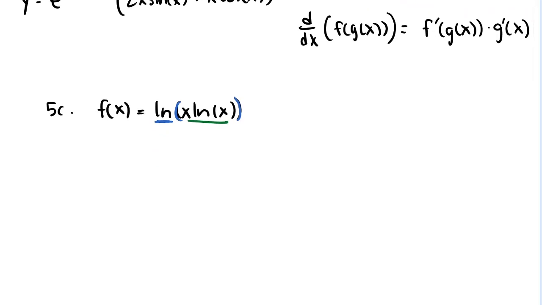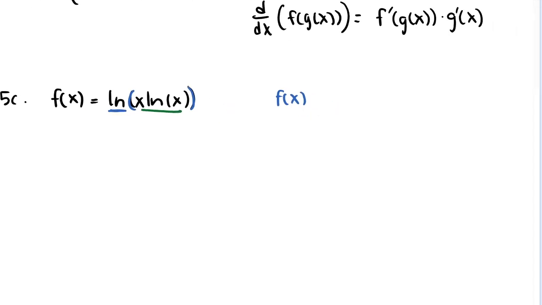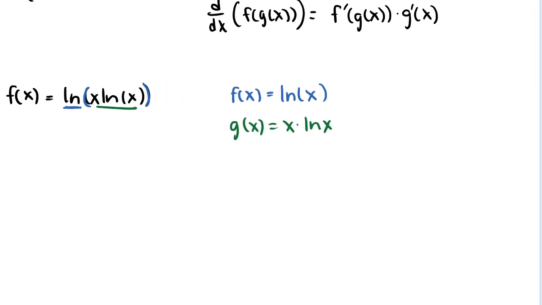And so here, I know I've called this original function f of x, but just for the sake of simplicity, I'm going to use f and g when I'm talking about the chain rule here. So our outer function is ln of x. Our inner function is x times ln of x. And so when we want to evaluate the derivatives, we're going to need the derivative of our outer function, that's 1 over x, and then the derivative of our inner function,